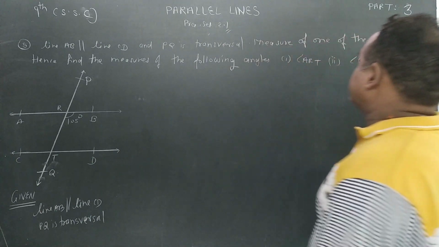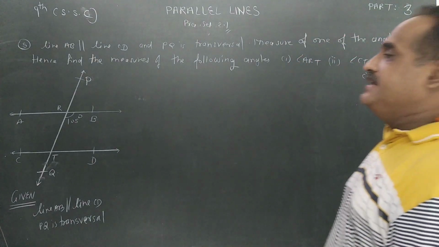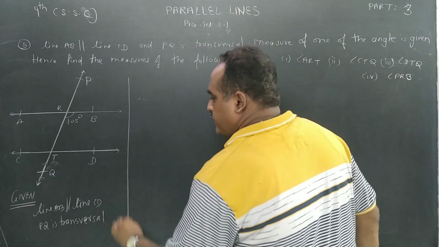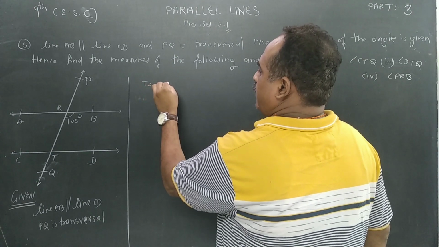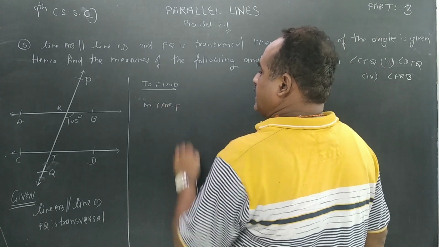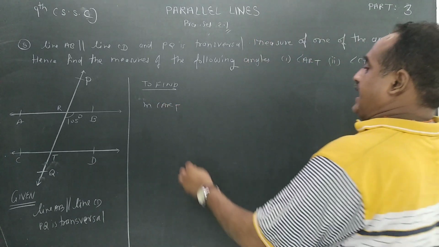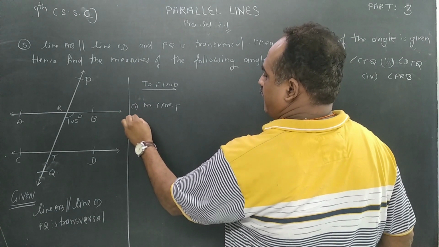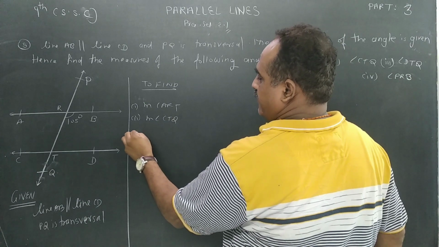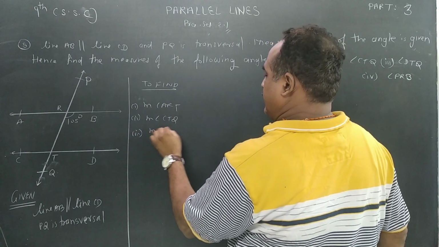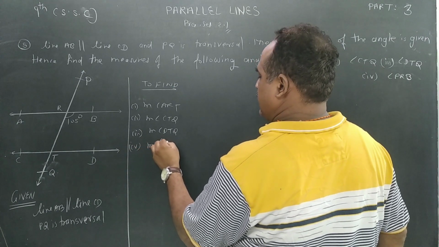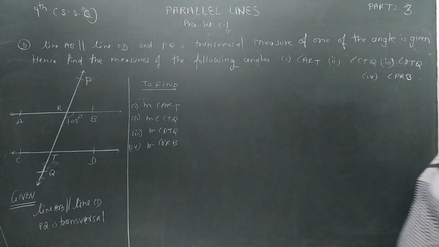PQ is a transversal and the measure of one angle is given. Find the measures of the remaining angles. So what have they asked us to find? First, the measure of angle ART. Then second, the measure of angle CTQ. Third, the measure of angle DTQ. And fourth, the measure of angle PRB. Okay, so